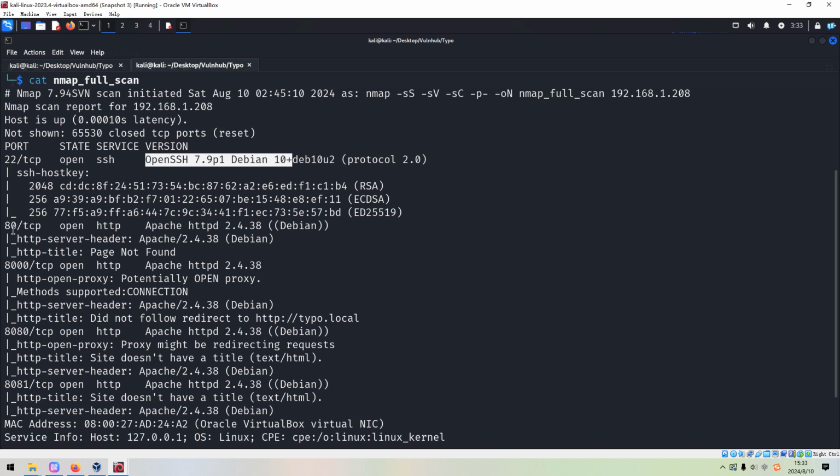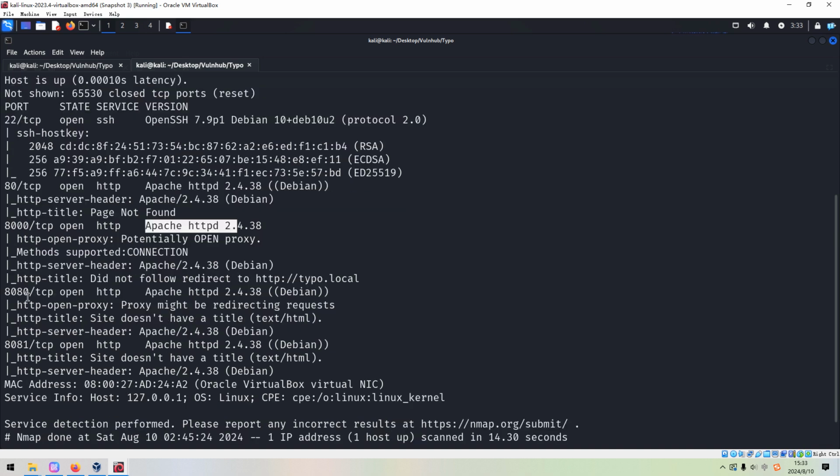The next one is 80, which is running HTTP service and also the version information Apache 2. And the next one is 8000, which is running HTTP service as well, with the same version information. And the next one is 8080, which is running HTTP service, and also the version information.